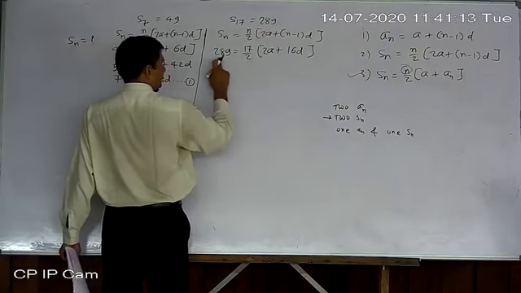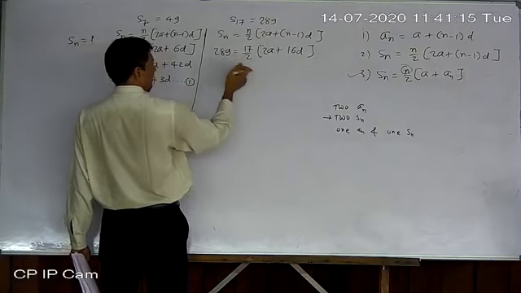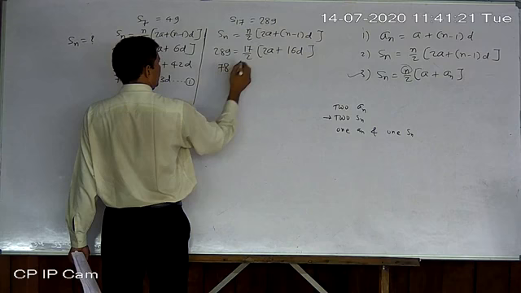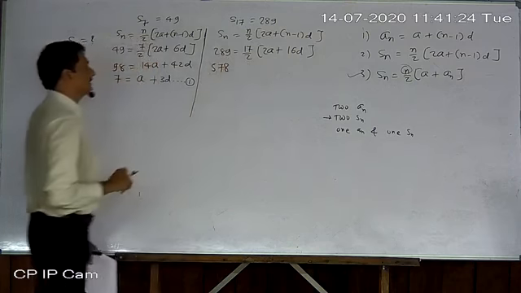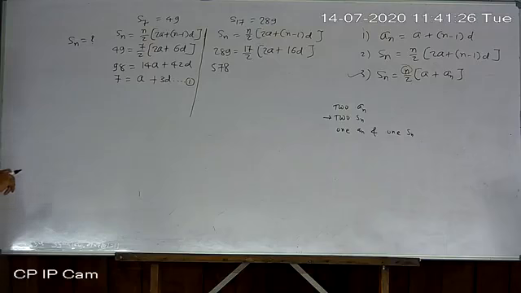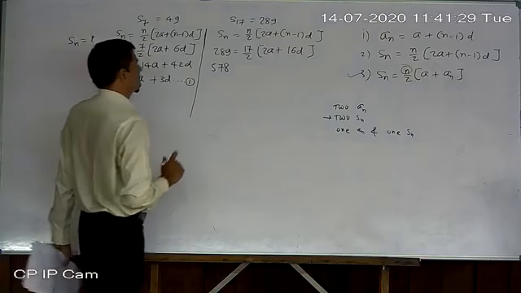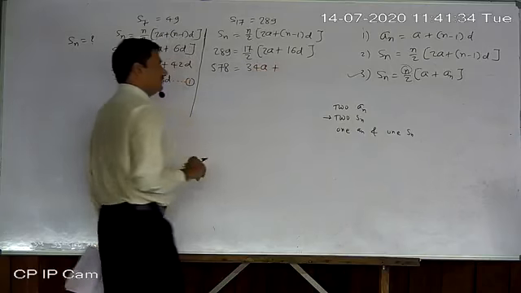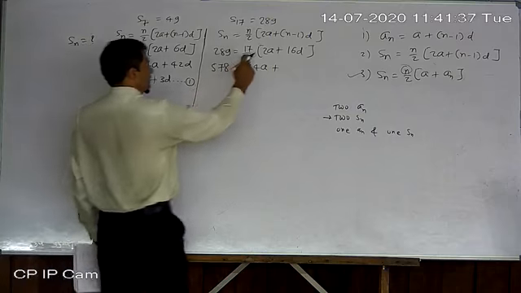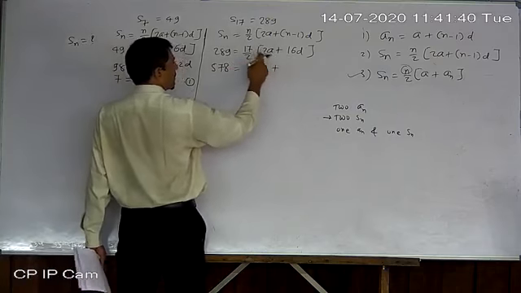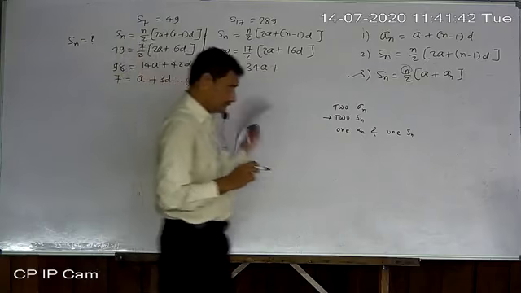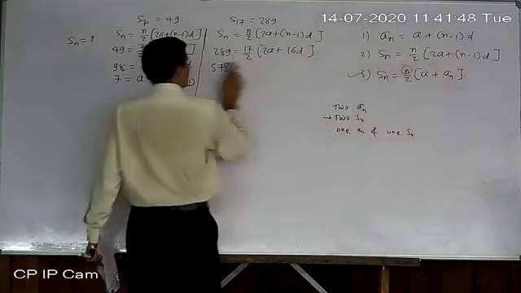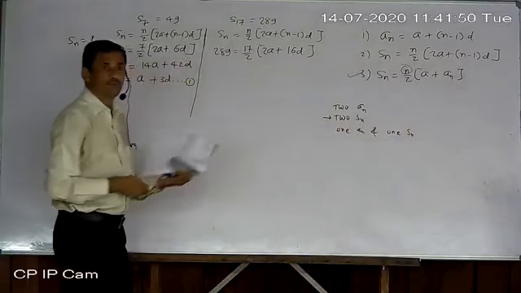Now shift it here. So 289 multiplied by 2. So it will be 9 twos are 18, 8 twos are 16 plus 1, 17. 2 fours are 8 and 5. Okay. 9 twos are 18, 8 twos are 16 plus 1, and 2 fours are 8, plus 1, 5. Now 17 times 34a plus 17 into 16. Otherwise you can do it another way also. You can take 2 common here also. The 2 can be cancelled in the first one also. So here I do it this way only so that we should not write such big numbers.